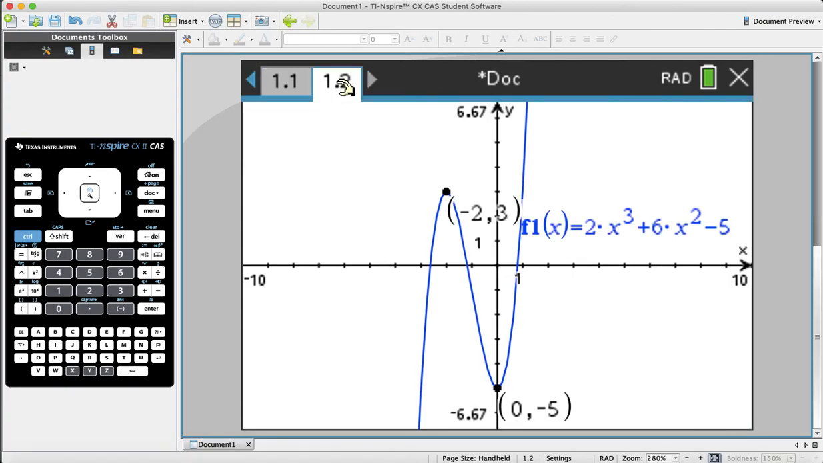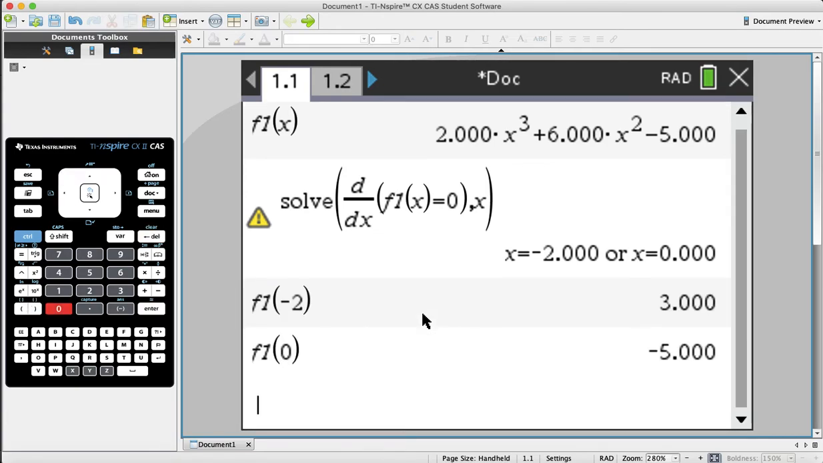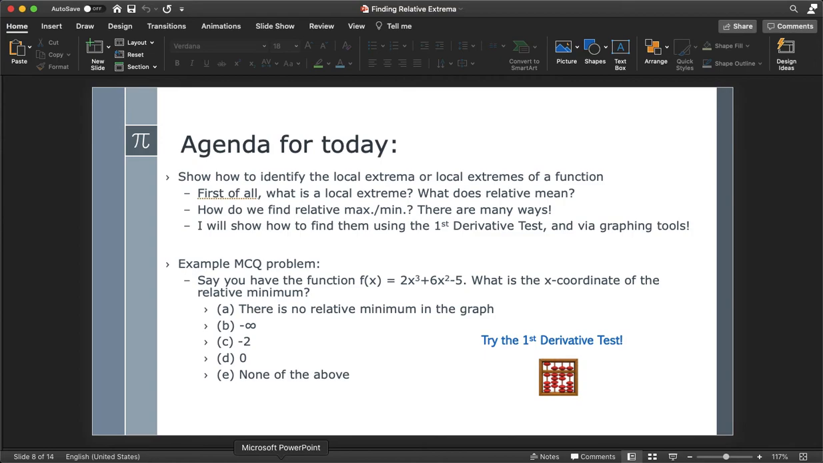Now we can figure out whether each is a relative max or relative min just by plugging each point into f1. So I'm going to put in -2, and I get 3. Put in 0, I get -5. And as we all know, -5 is less than 3, so x equals 0 must be our relative min x coordinate. So if we go back to our agenda,